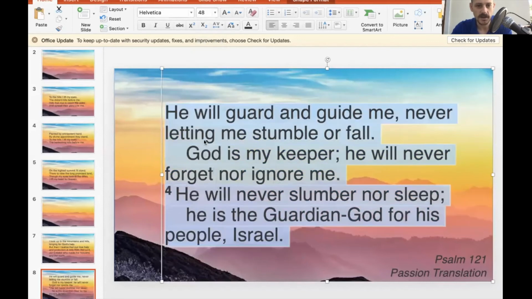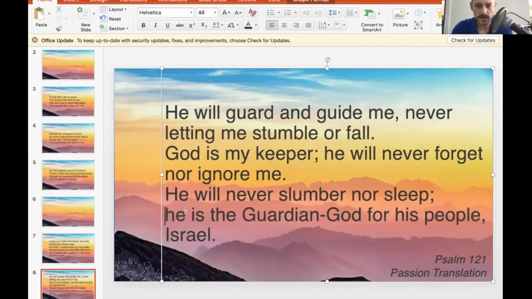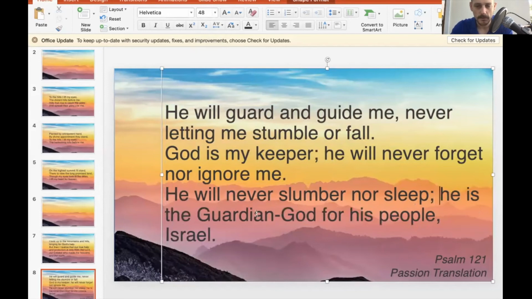I'm going to change it to 48 point. I'm going to get rid of some of these gaps. I'm going to get rid of those numbers. The verse numbers are useful in some contexts if you want people to notice the verses, but I don't really think that's important here. I want people to actually just focus on what is the content of this Bible verse. So this is starting to look a bit messy,